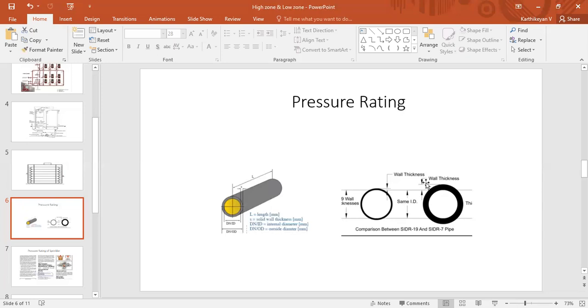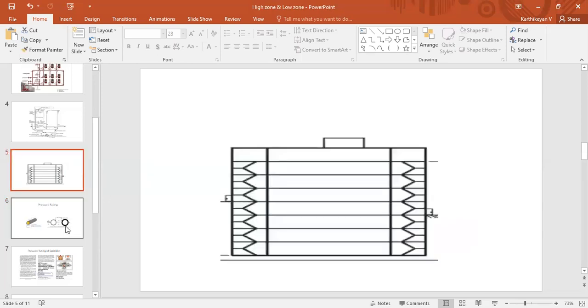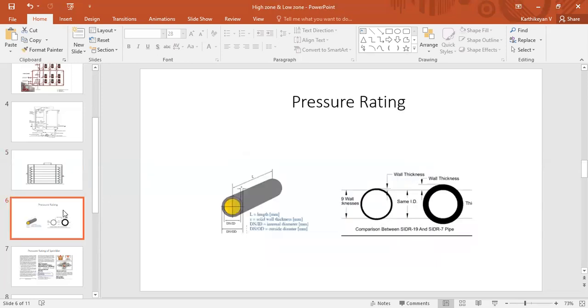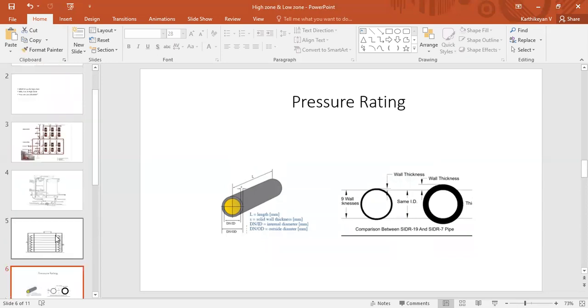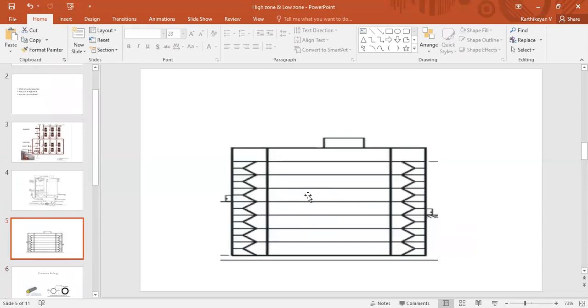This concept applies to all kinds of equipment like valves, fittings, everything. If you increase the material wall thickness, it caters to higher pressure. This is the relation between pressure and material thickness, and we will use this in our main topic. Next, we can move on with the simple calculation step.